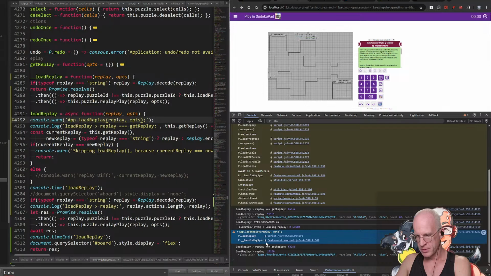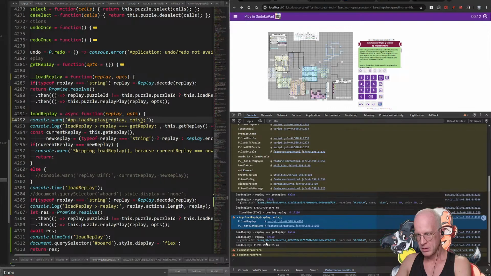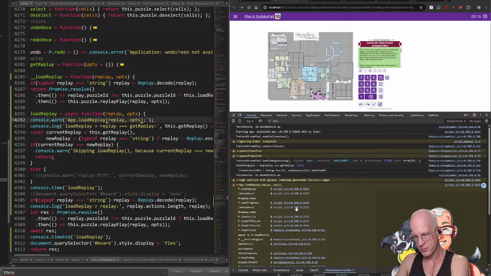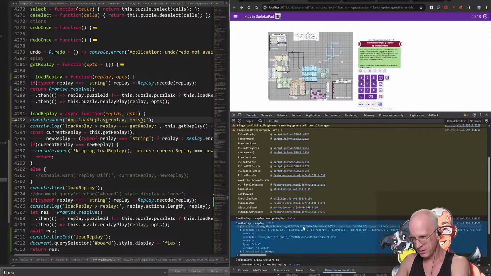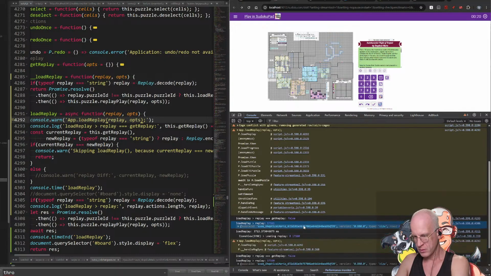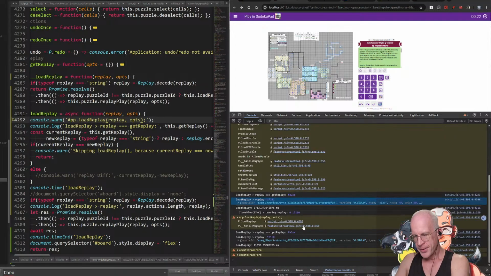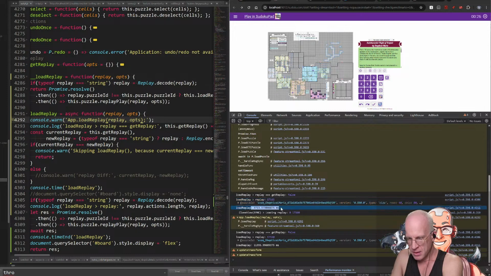Second load replay is from the message sync, which is the actual replay data. Okay, so the first load replay is with the blank replay. No, it's not blank replay. That's what I don't understand, is that after this,